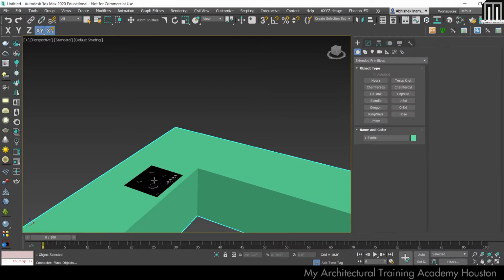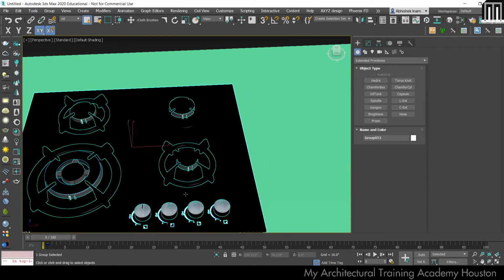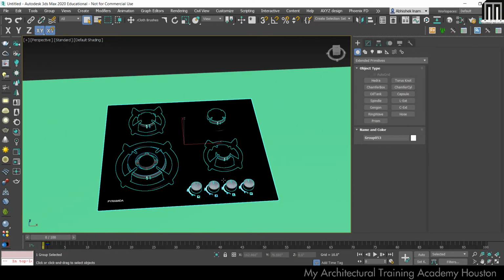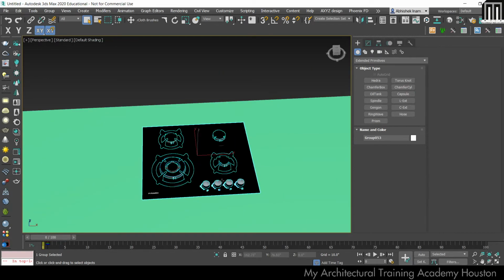The beauty of this is it is actually taking a perfect surface. The object is not going inside. When you click it, it shows if you want another. Or if you end it, right click, and the model is placed. So it saves a lot of time, I'll tell you.